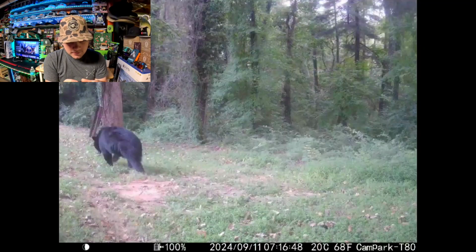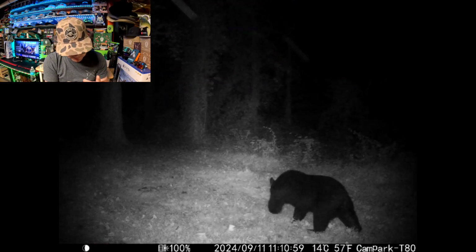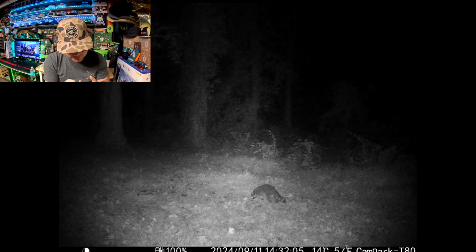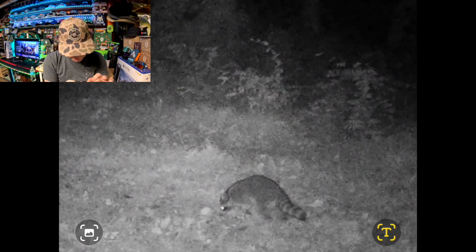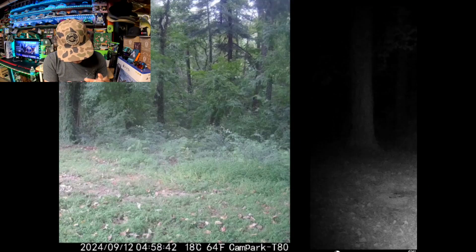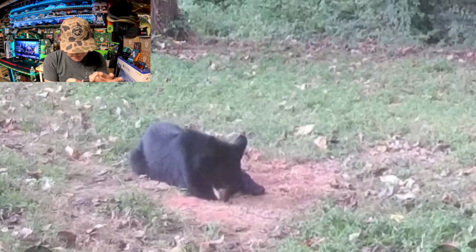Alright, so now there he is walking away. That's after like an hour of just sitting there and eating. And then there he is back at night, 11:10 p.m. And he's just sniffing out where it was. And then there's a little raccoon. It's like 3 hours after. There's a little raccoon right there. There's another little coon. And then the baby bears are back the day after, which, as you can see, just